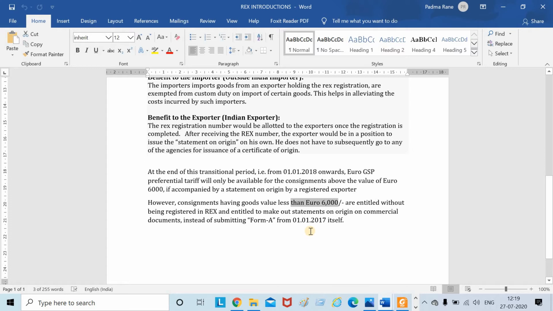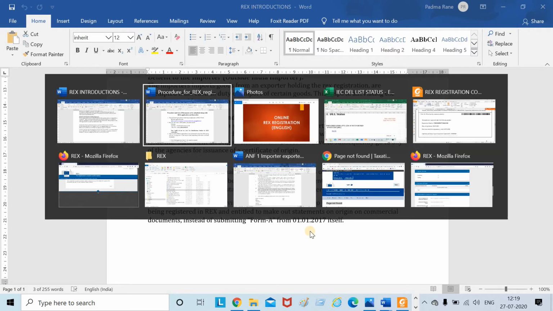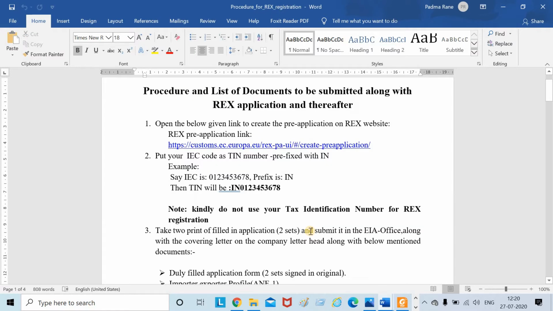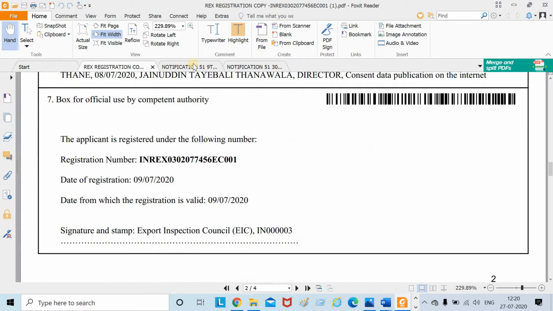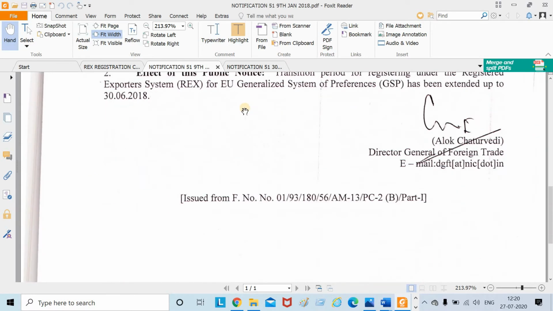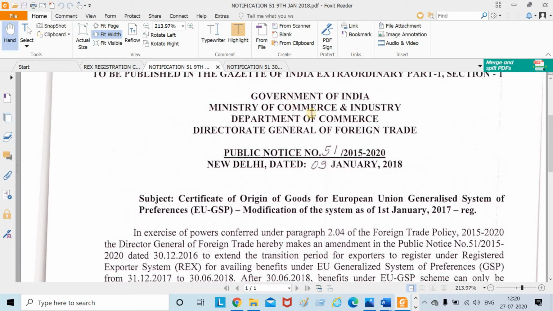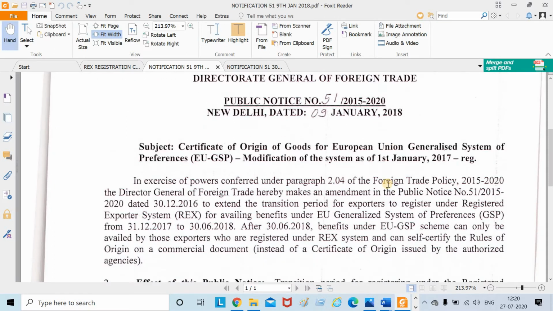Now I will explain the step-by-step application. First of all, you have to click on this link. This link works perfectly. If you go to the DGFT notification, there is a notification issued, Public Notice 51 issued on 9 January 2018 on GSP certificate.